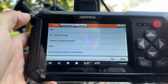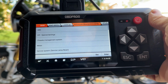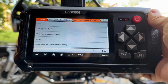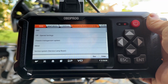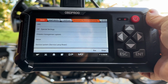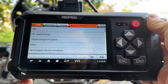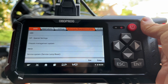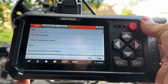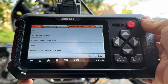But yeah, that's basically what this device is all about. It helps you troubleshoot these bikes like you would not be able to do before. And the cool thing is that unlike other tools like this, there are no limits on how many bikes you can use this on. So if you're at a dealership or something like that with bikes, you can just use this on basically anything you can imagine. It can do a full system scan, it can read and delete codes, live data obviously for every single module on the bike. There's Wi-Fi that allows you to easily update to the newer software when newer bikes come out,